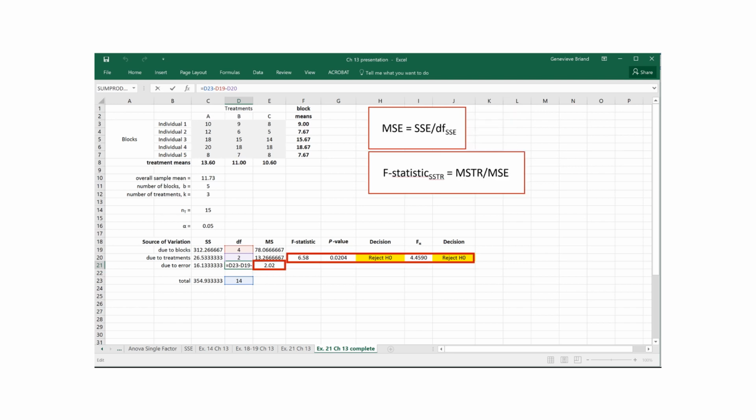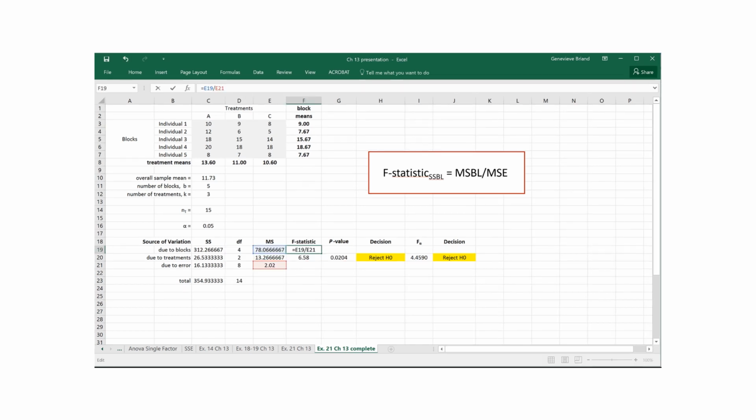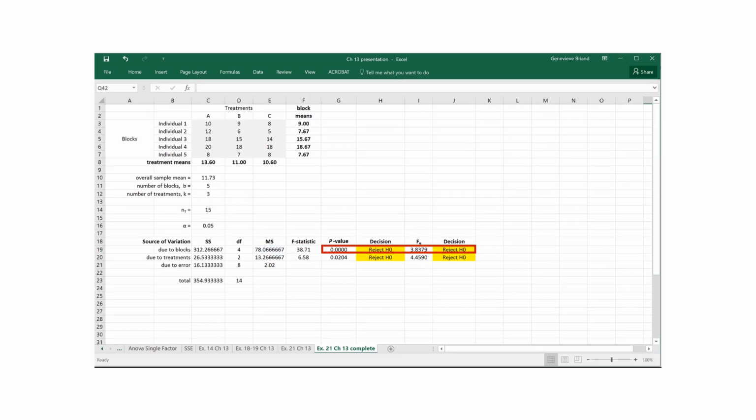So now that we have specified the degrees of freedom and the mean square due to error, as well as the F statistics and subsequent P and F critical values have been also computed, decision rules have also been applied, which means our division by 0 error messages have disappeared. We can compute the F statistics to test the block effect too, P and critical values, and apply the decision